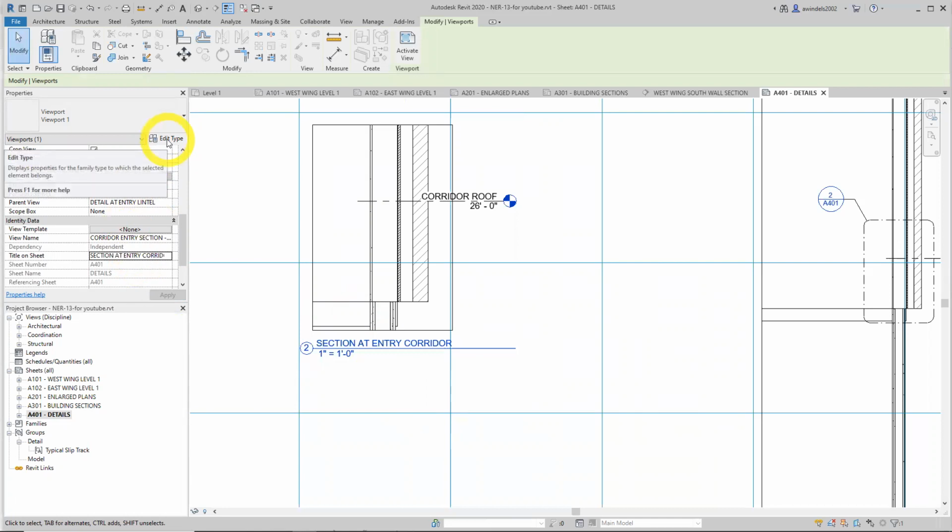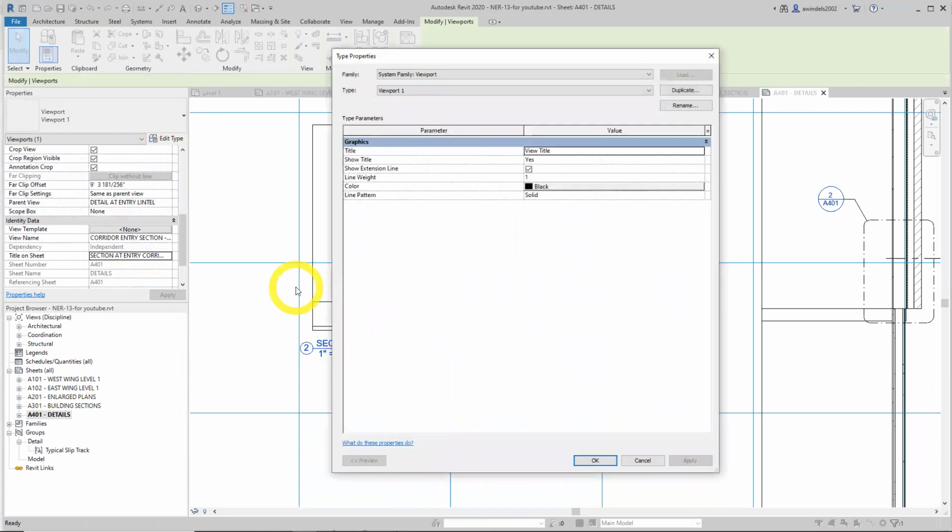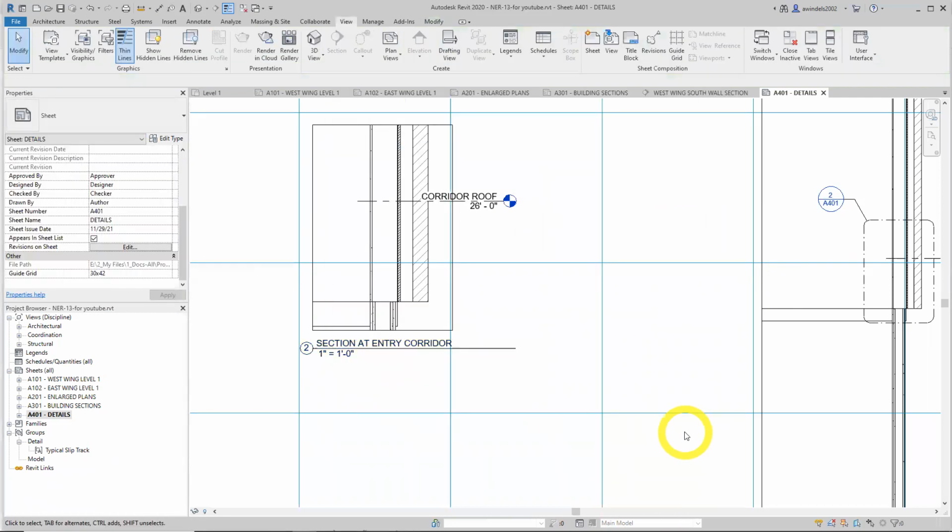Also wants us to edit the type. Just saying we're not literally doing anything here. We can change the type, the title. In this case, we're not worried about that. It just wants us to go there. Kind of pointless, but